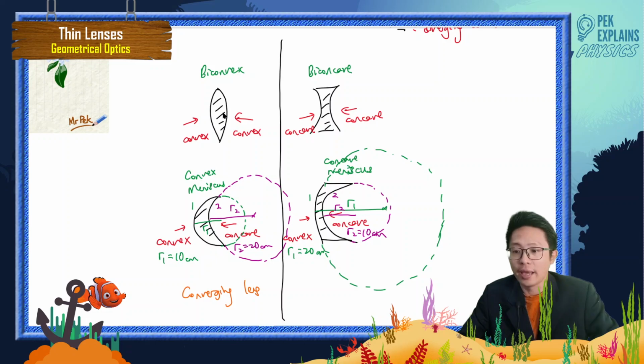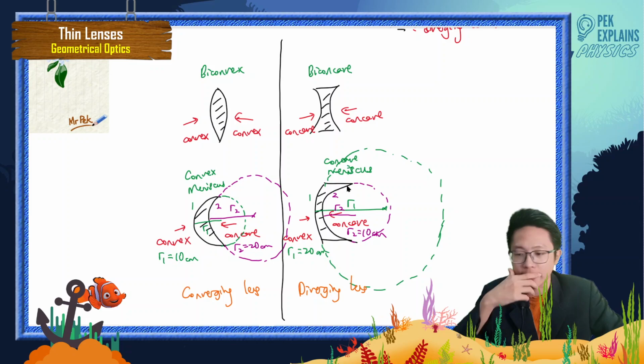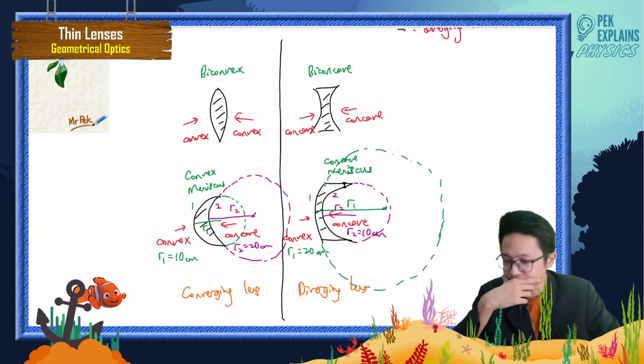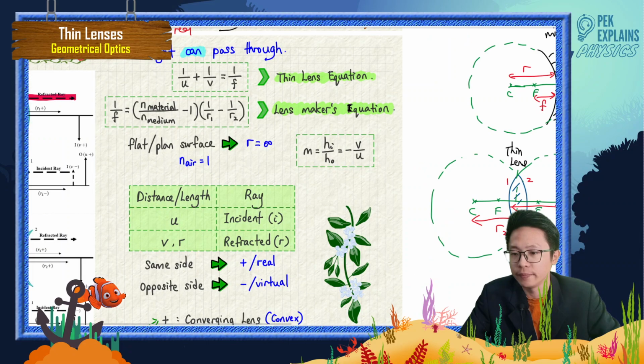And then for biconcave and concave meniscus, both of these are diverging lenses. And then if you use this formula, the lens maker equation,